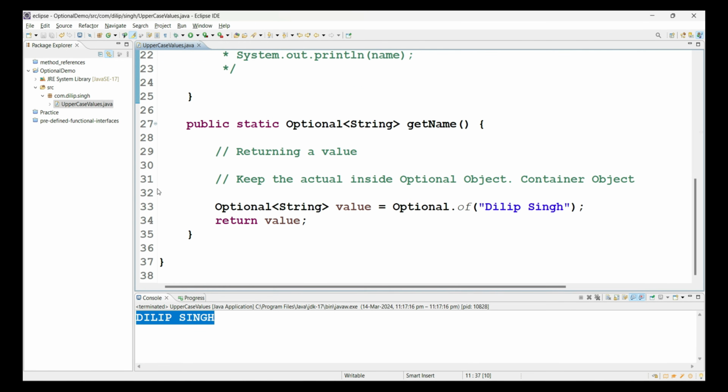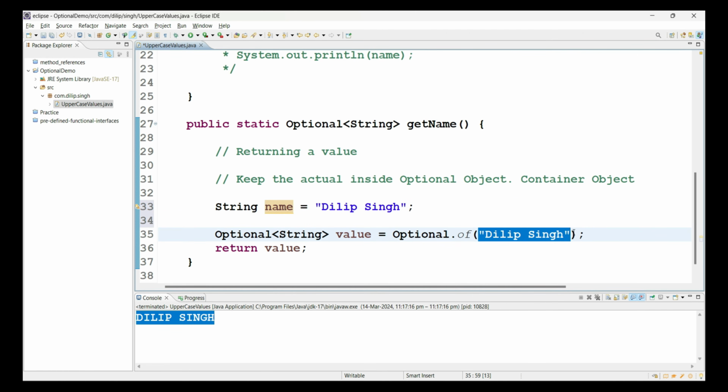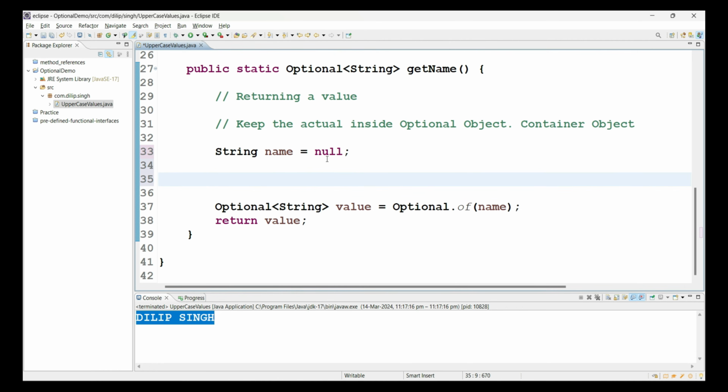Now, for example, in this case, let's do one thing. I'll take something like String name equal to, okay, I'll write it like this. I'm just passing name here. Now, for example, sometimes assume name equal to null. So the string value somehow you got as a null value. Then the optional class, or the Java language, is always encouraging us,